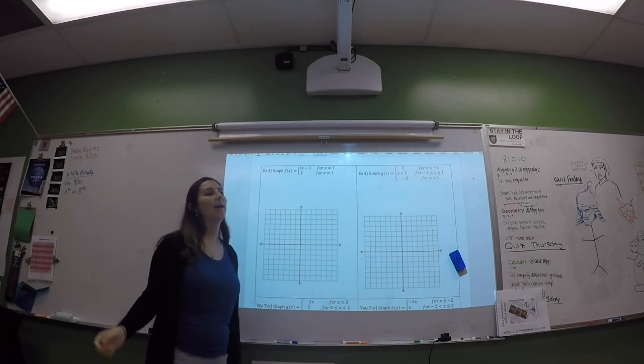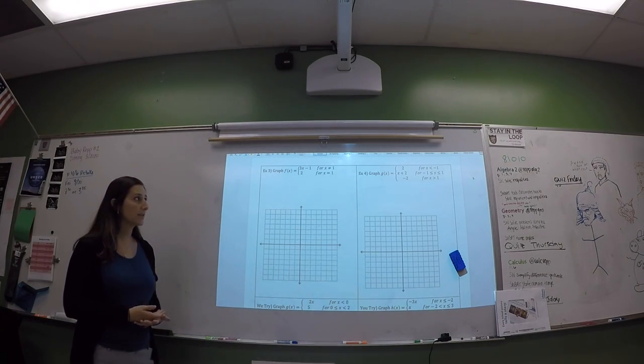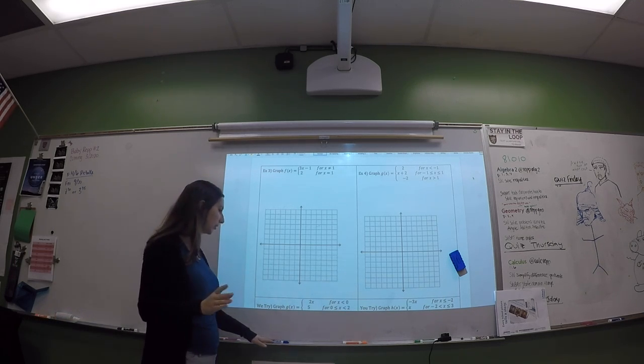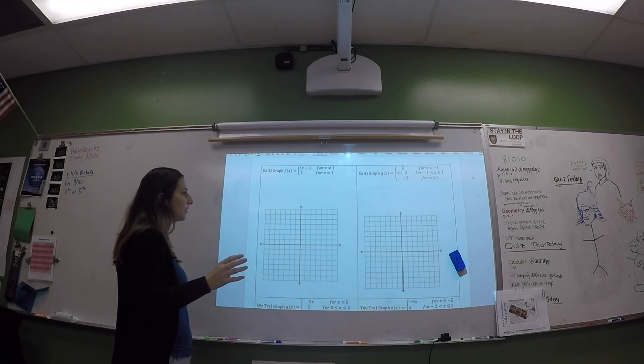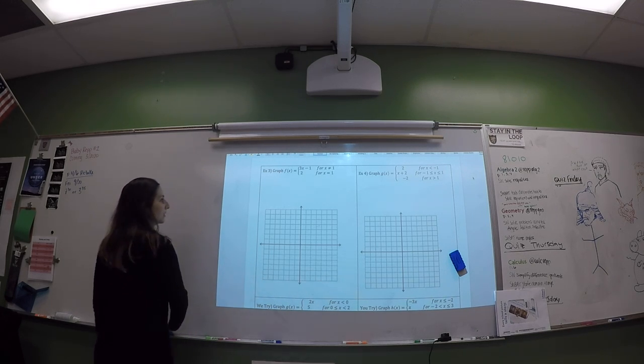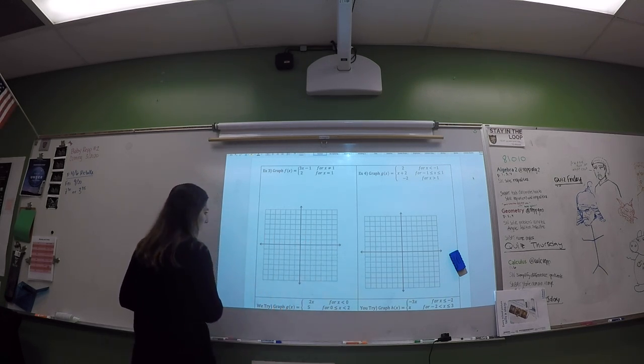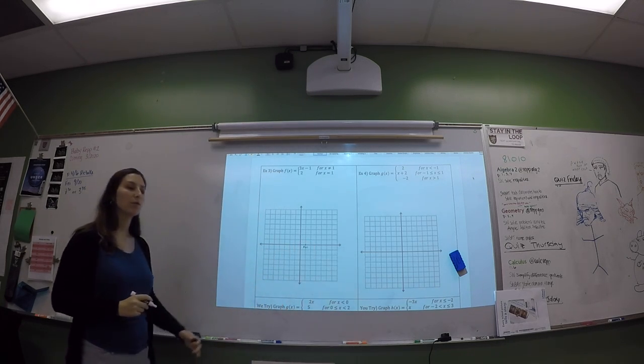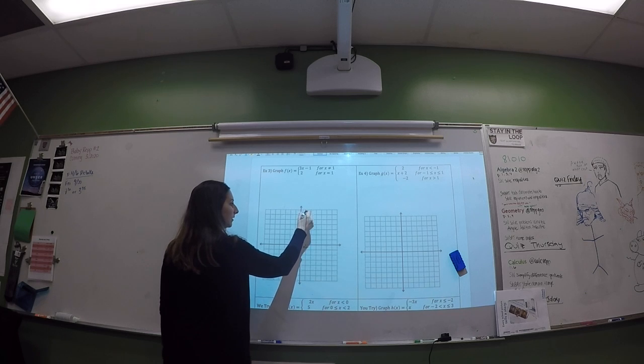The next one doesn't have inequalities. It says x is equal to something or x is not equal to something. So you're going to look at the value that it says x is either equal to or not equal to. It says 1. So this is where x equals 1, right there. So along here, okay,